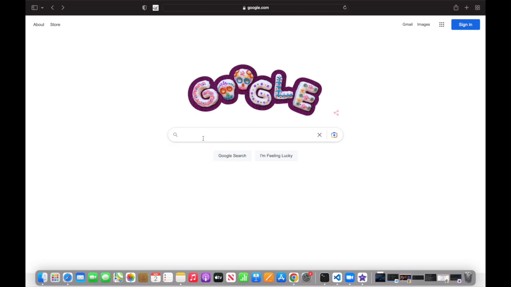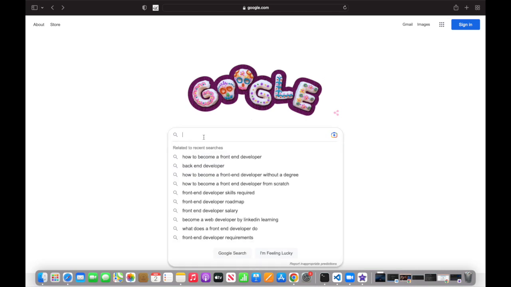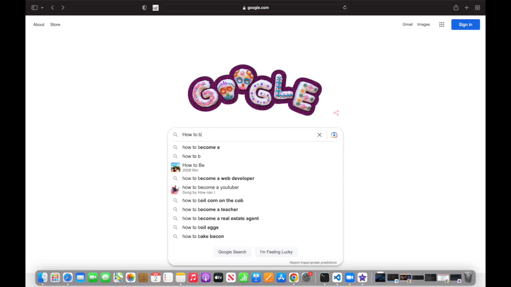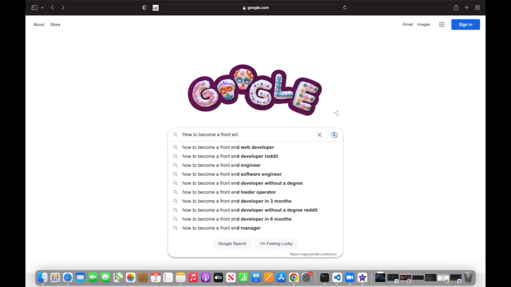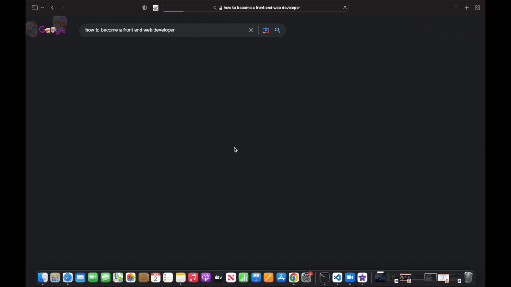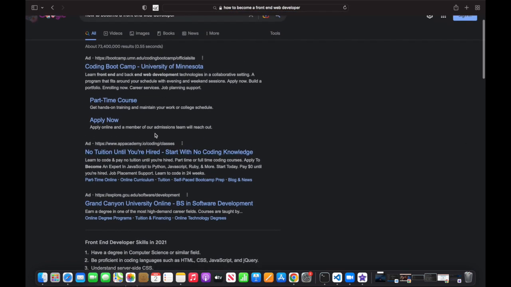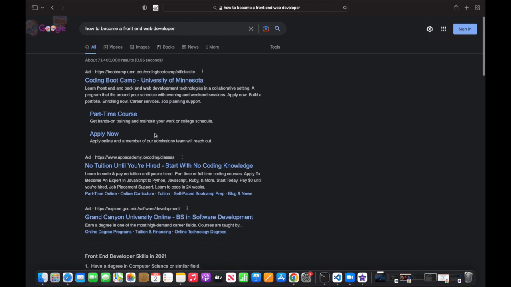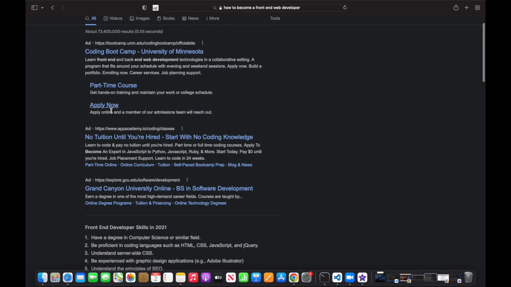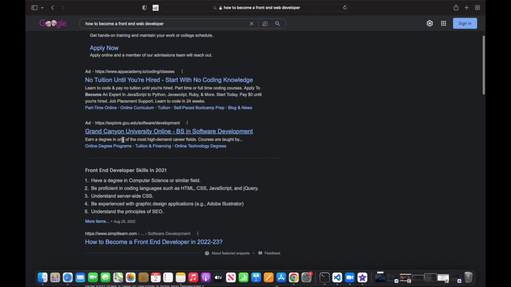Today I am going to be giving a very brief overview on how to become a front-end web developer. Now, let's look and see what Google says when you type that in, how to become a front-end web developer. We have an ad, another ad, and then we have a list here of what Google's recommendations are pulled out